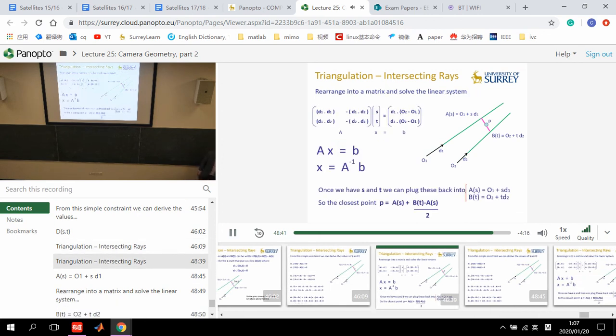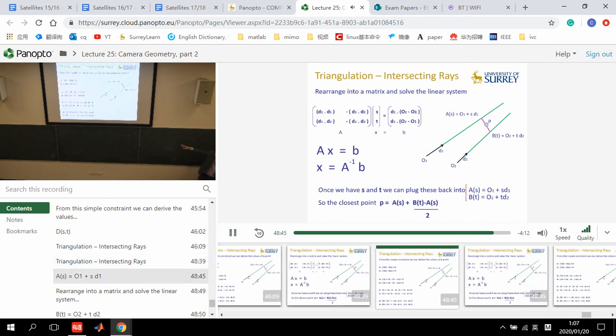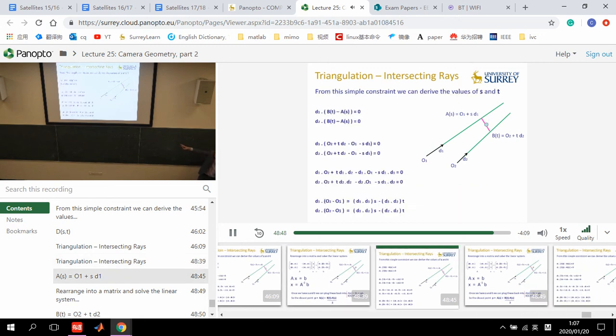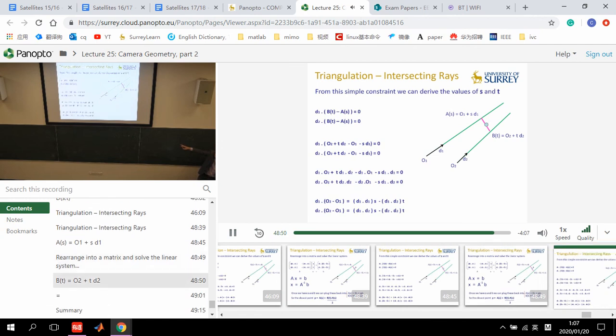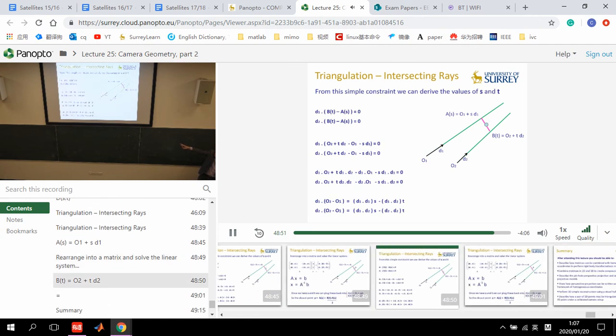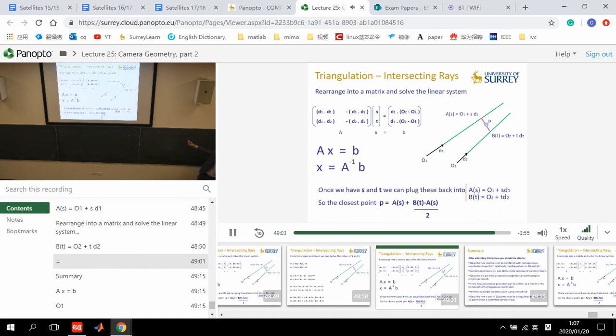So what we can do is write those out as a linear system, because look, we've got s lots of d1 dotted by d1. Remember, this is a dot product, so that's just a scalar. It's a number. And negative d1 dotted by d2 lots of t. So in my linear system, on the top row there, I'm going to put d1 dotted by d1 and negative d1 dotted by d2. And you can see that then if I multiply that top row by s and t,